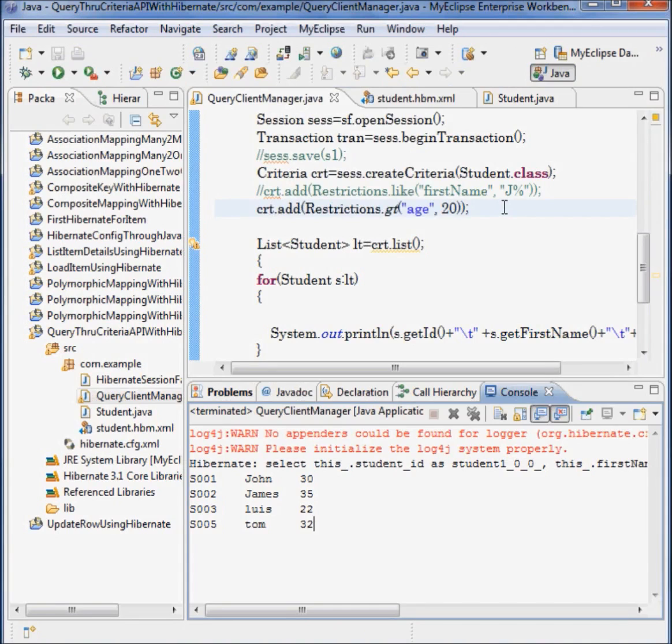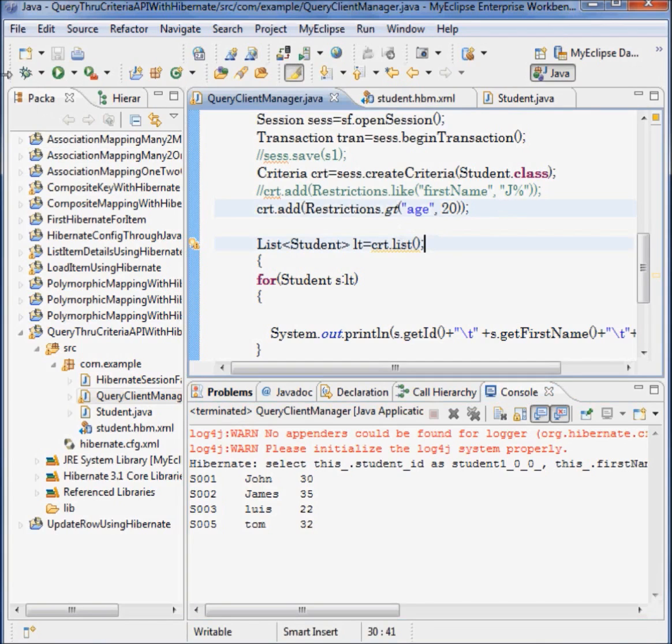So I hope you are understanding this condition. You can use less than, greater than, and equal to. You can add all these restrictions and you can find the records. You can also add some more conditions, like first age should be less than 23 and the restriction of first name should be like this. So you can add them and you can get the proper records here. So that's all about the